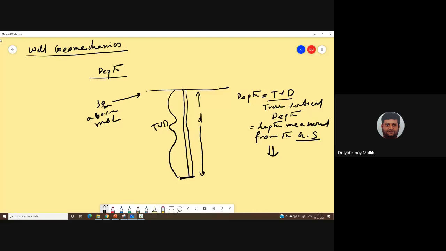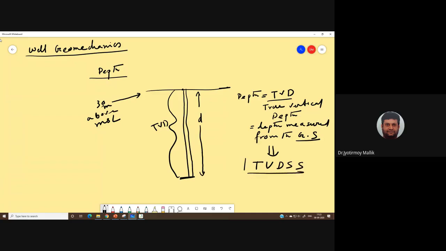Here the reference was the ground level. If I express the depth with respect to the mean sea level, then this is what we call